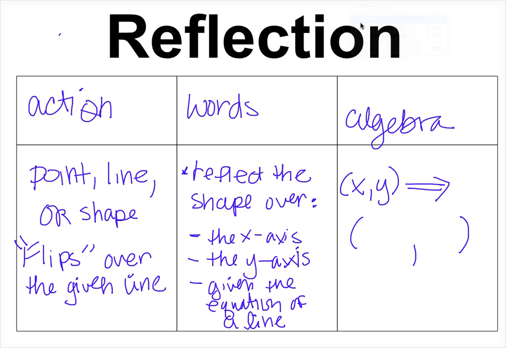Now, one thing you're going to notice is my x-axis cuts through part of my shape, and that's okay. Don't worry about that. All you need to worry about is that each of these points gets reflected correctly. So put points on each corner, and let's label it A, B, C, and D. So when we reflect over the x-axis, this point here is 1 above the x-axis, so my new